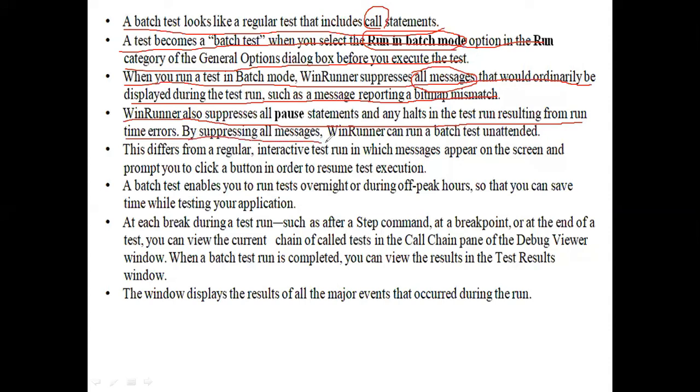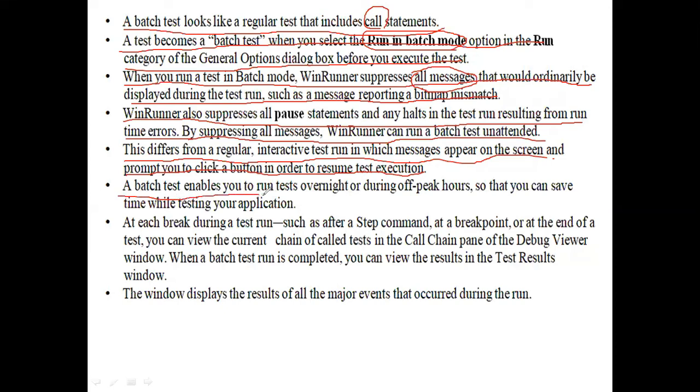By suppressing all messages, WinRunner can run a batch test unattended. This differs from a regular interactive test run, in which messages appear on the screen and prompt you to click a button in order to resume the test execution.